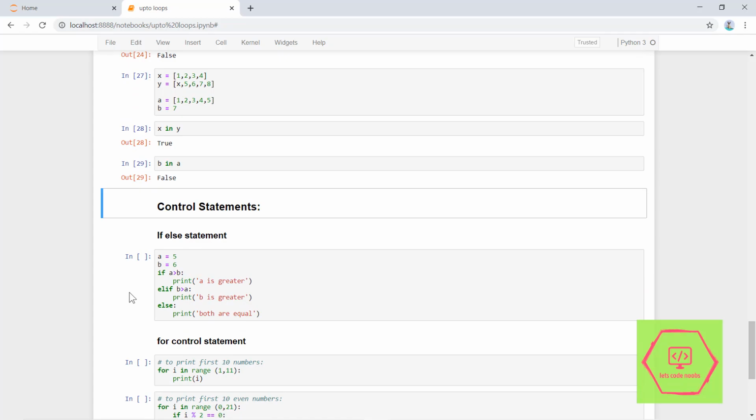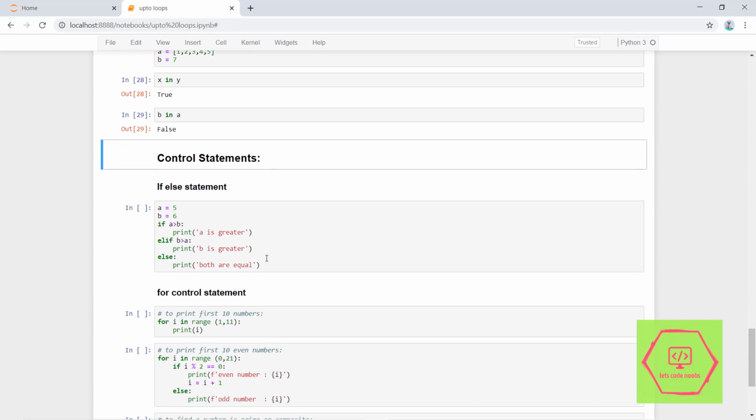Okay, greatest of two numbers, a is equal to 5, b is equal to 6. See, if a is greater than b, I have added the else if statement here itself. In Python, else if is written as elif, followed by the condition, colon, indentation. This is the syntax, and last the else. It does not need a condition in any programming language. If we run this, we will get the output.